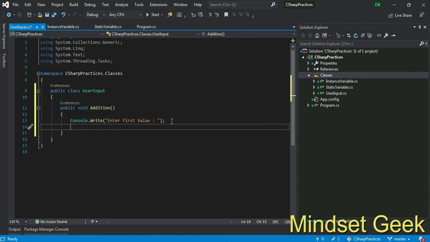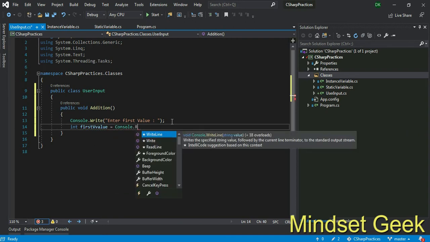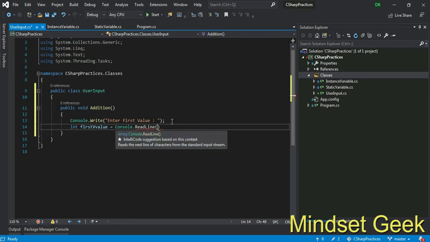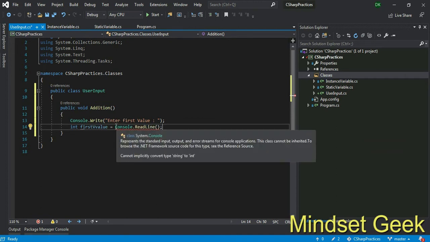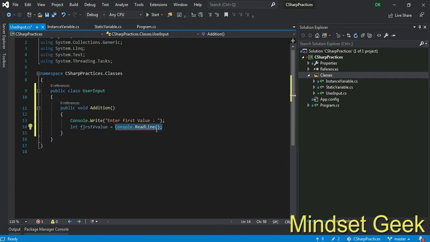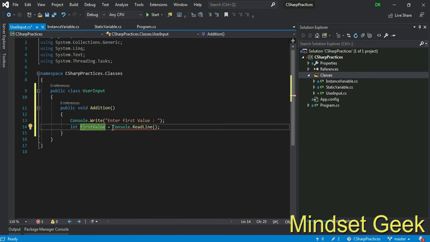Then I create an integer variable firstValue and Console.ReadLine, right? We ask users to enter some value and the user enters the value on this line, and that value is kept in this variable. We should convert this value to Int32, right?